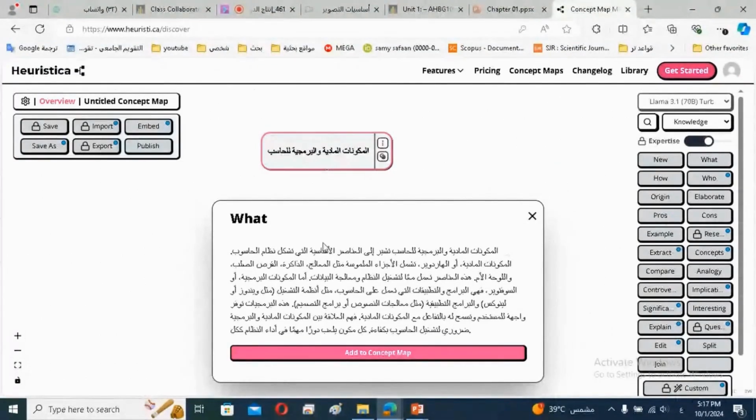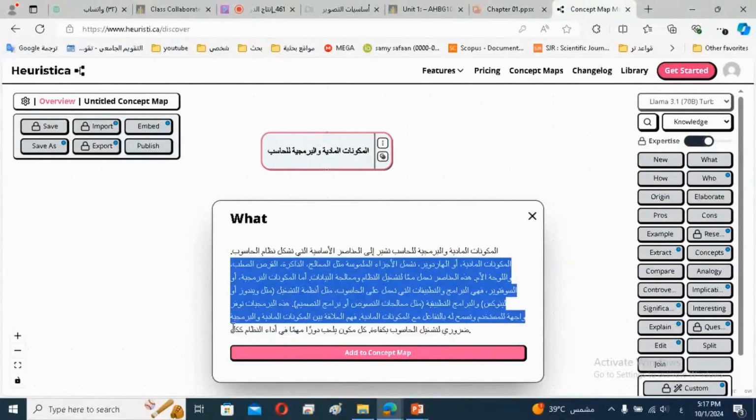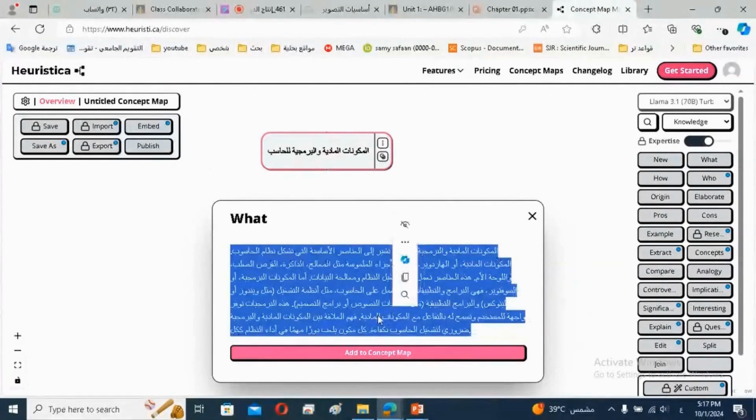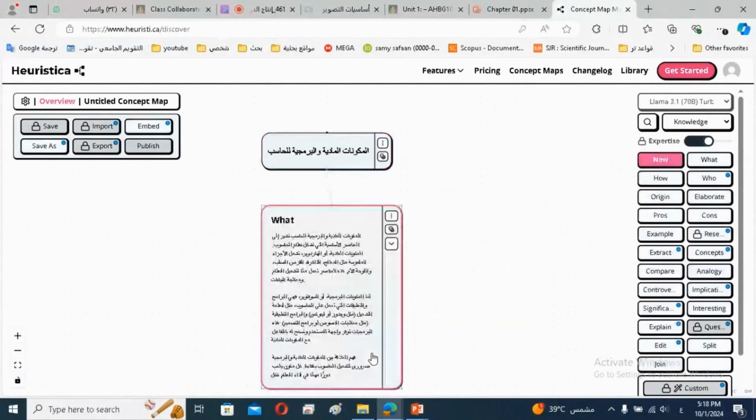The idea is that this information, I can copy it like this and put it in my file. If you want to create content, I can copy it and paste it wherever I want. And if you want to keep it as a tree, you can place it where you put it. You can also put it in a presentation slide. This is straightforward. To place it in the mind map, click Add.